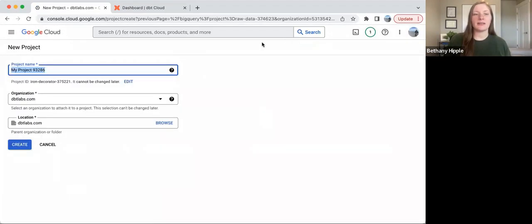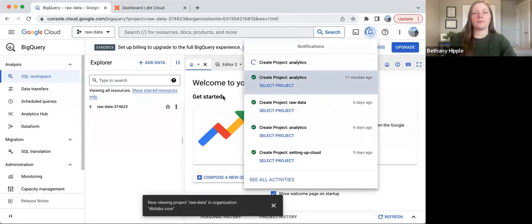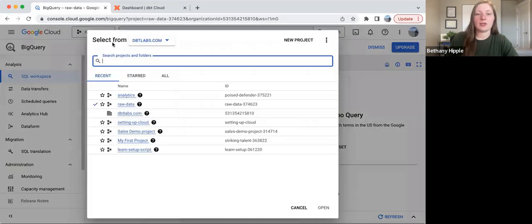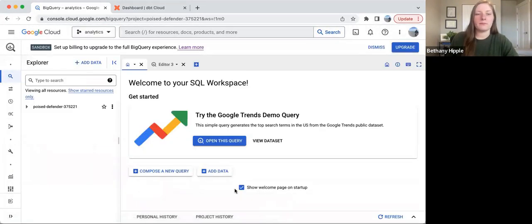We'll select New Project at the top, and I want to call this Analytics. I have this stored in my company's organization and location. You will want yours stored appropriately. Let's go ahead and click Create. Excellent. Let's go into that particular BigQuery project. Since I've just created this project, I don't have any data yet, but we will take a look at that